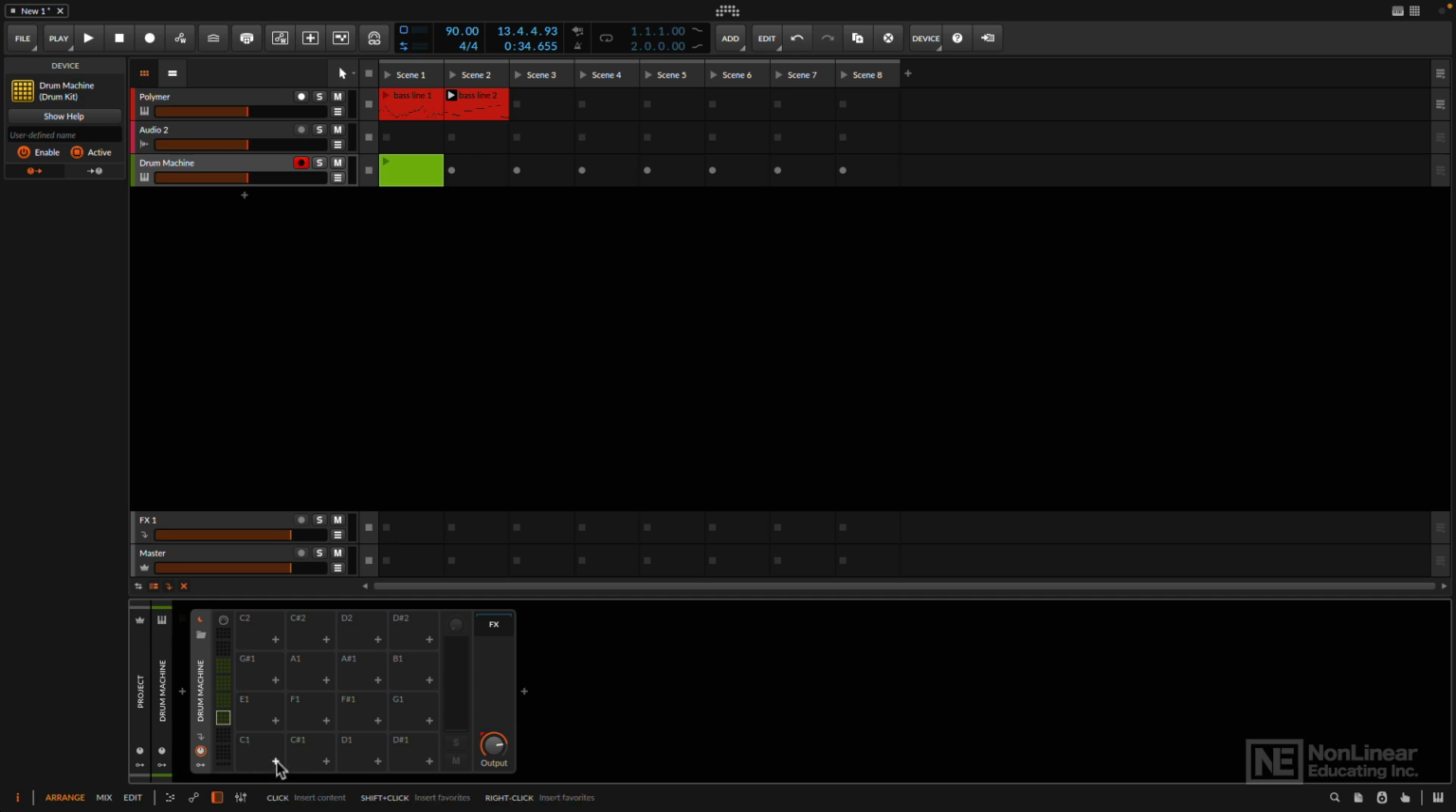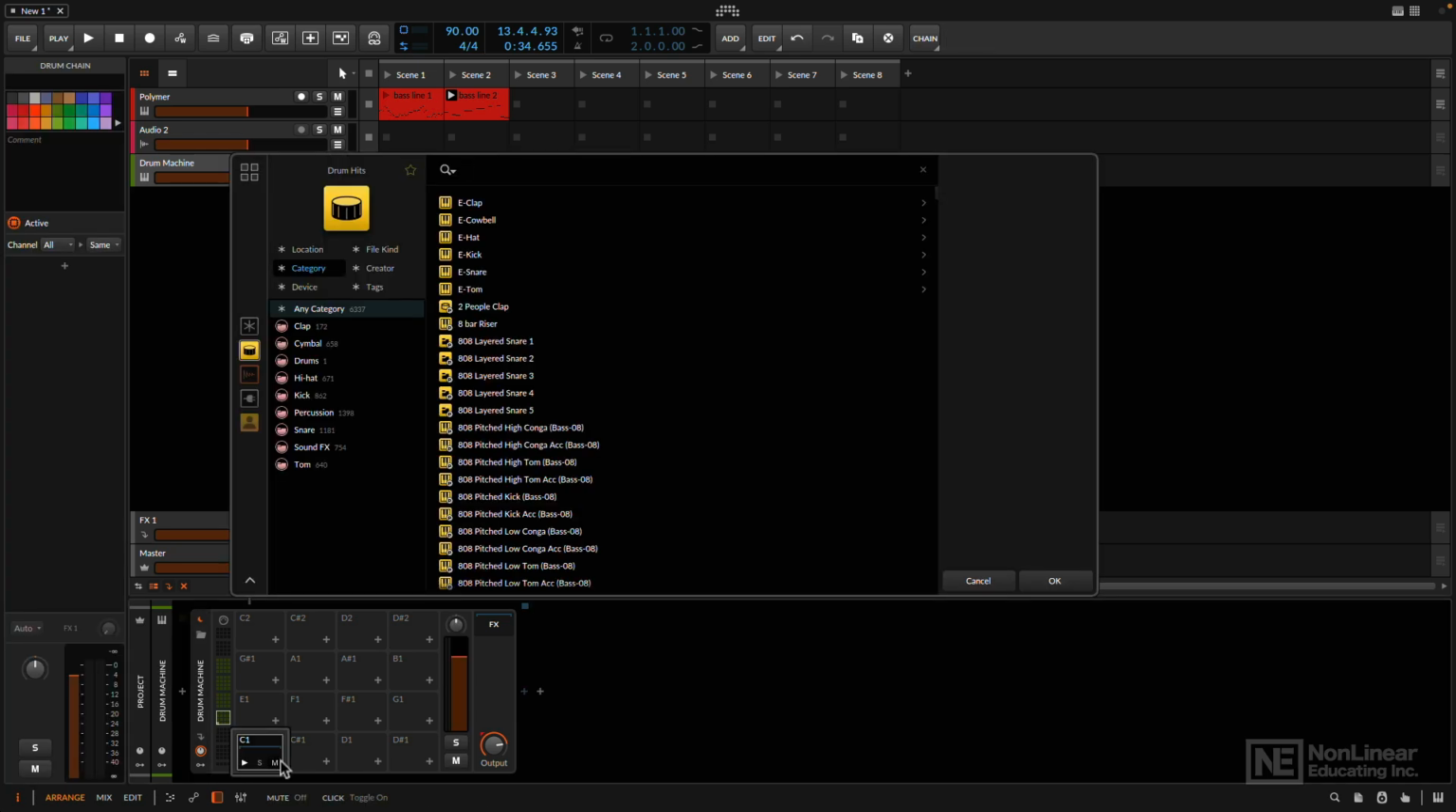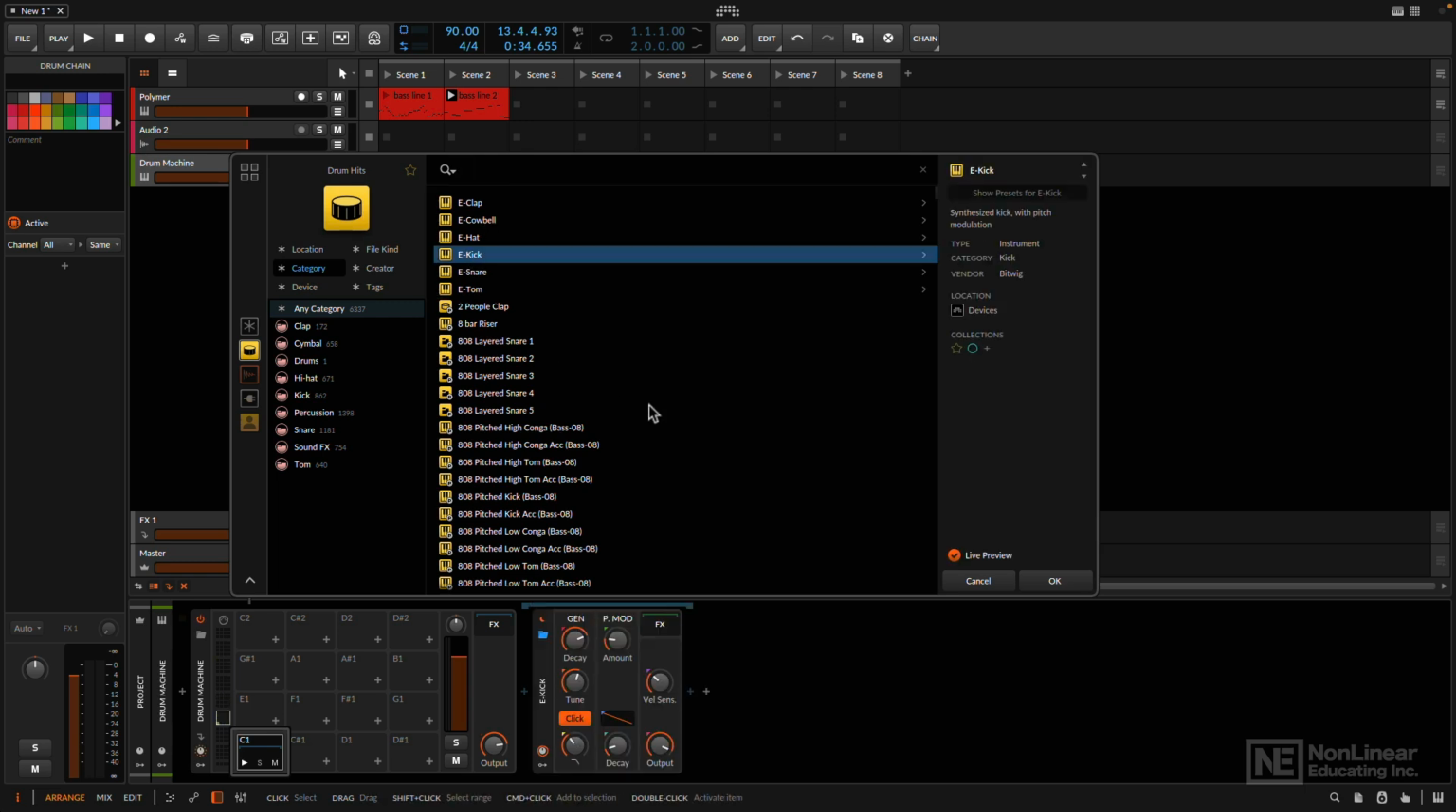So where C1 is, I'm going to press plus, takes me to my pop-up browser. What sort of thing do I want? Bitwig comes with a series of synth drums. They're E drums. These are basically synthesizers that are fine-tuned to make percussive sounds. So I want an E kick, and if I play this,